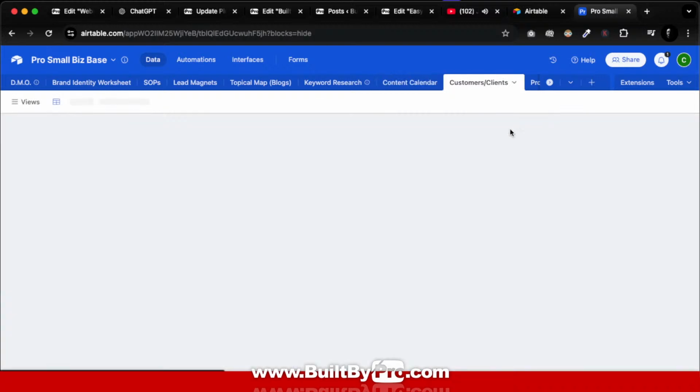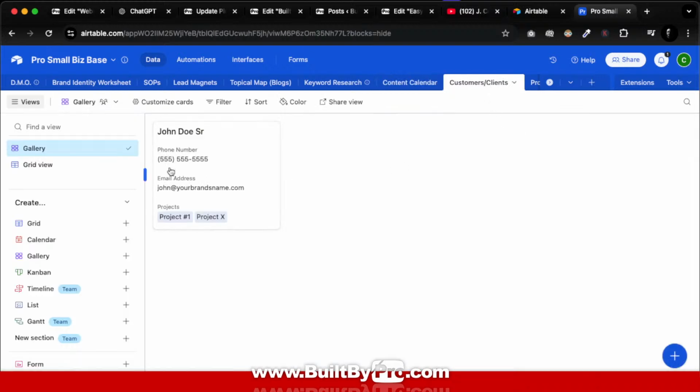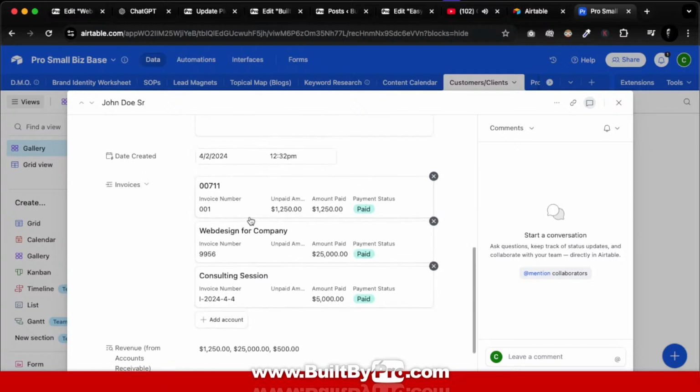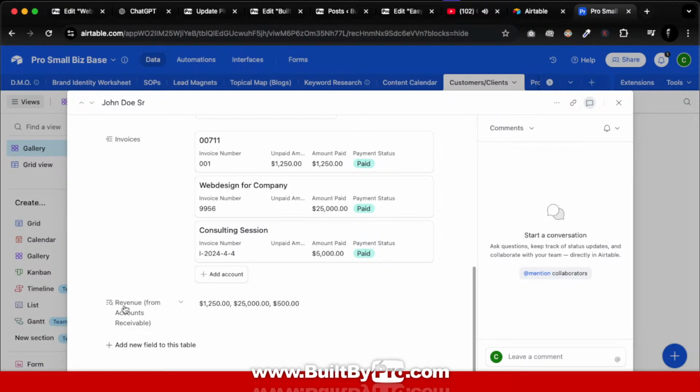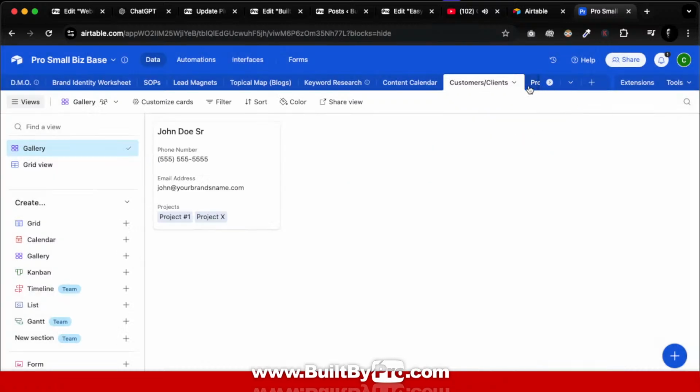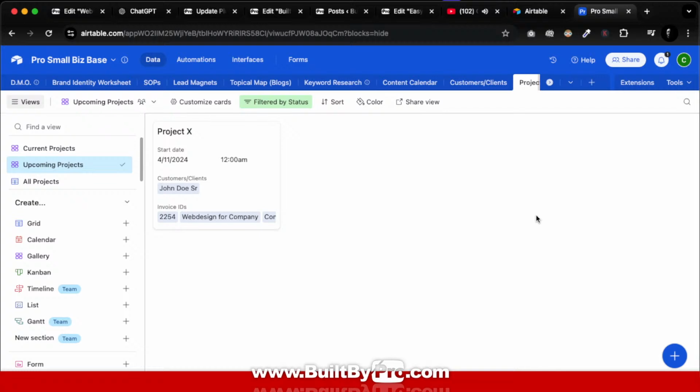So next thing is your clients and customers. This is just the easy way for you to track your client information. Basic stuff. You have your invoices, what the revenue is based on, inside of the accounts receivable, and we'll get to that later. Contact information, basic stuff. Next thing is the projects. This is where you have main projects. So if you're going to be doing, let's say you're a painter, you would put the project as 123 Street Drive, right? So that project is for that house. And then inside of that project,